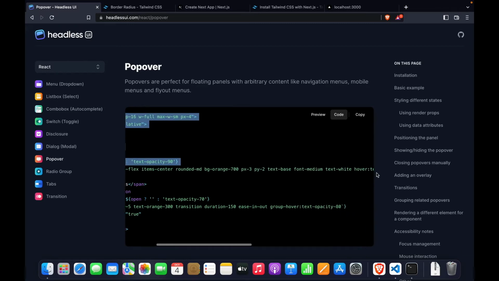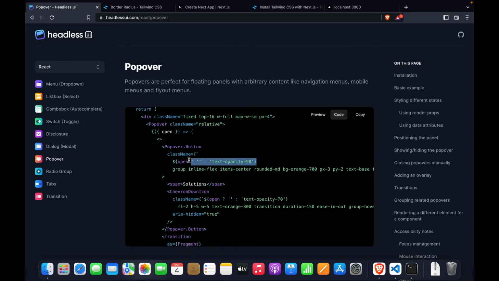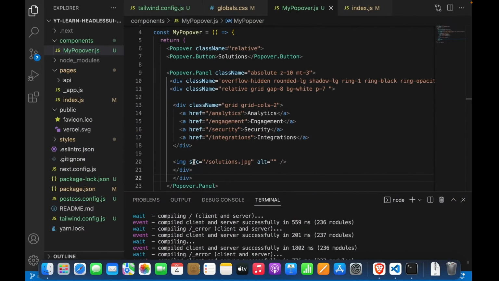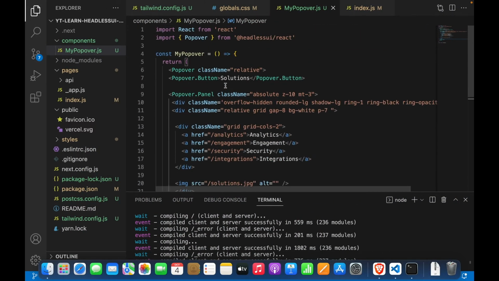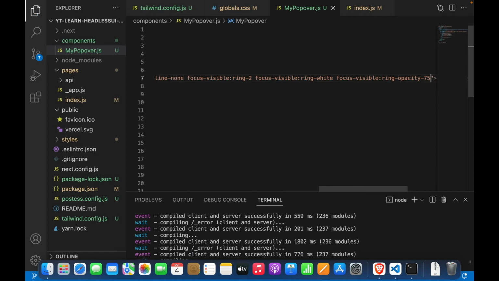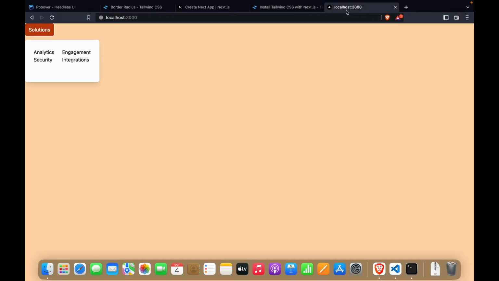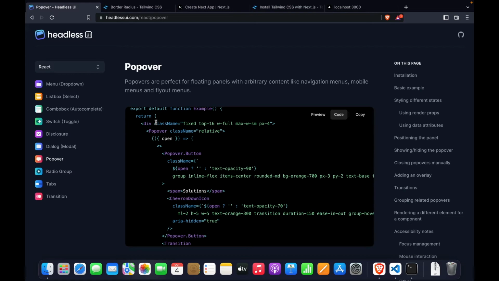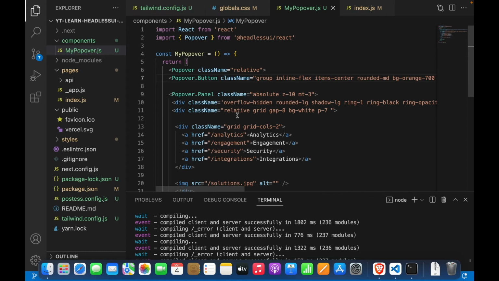So we copy this class name, and then we just remove this conditional state, and then we copy to the Popover.Button, and then we paste the class name. So if we go back to the localhost, now you can see the button, and this can trigger the Popover. But this is too close to the top left corner, and this is because we haven't added the class name at the outer div. So we copy this and go back to here,